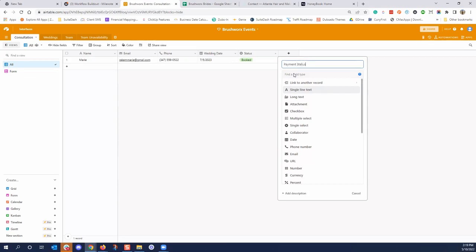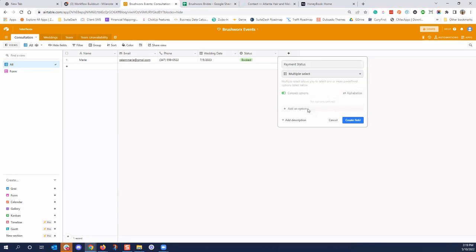And what this field can do is, if you wanted to say multiple things, like retainer paid, right? If you wanted to also say paid in full, or balance, or paid in full. Yeah, that's good, paid in full. Do you want to say anything else? Yeah, retainer paid, that's $250, and then balance paid in full, that would be whatever, $800 they paid. So the retainer paid will be the indicator, which is good.